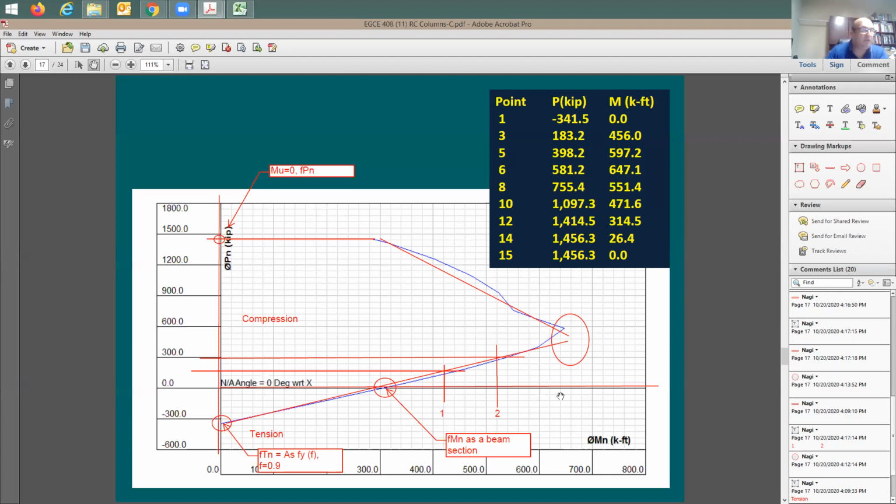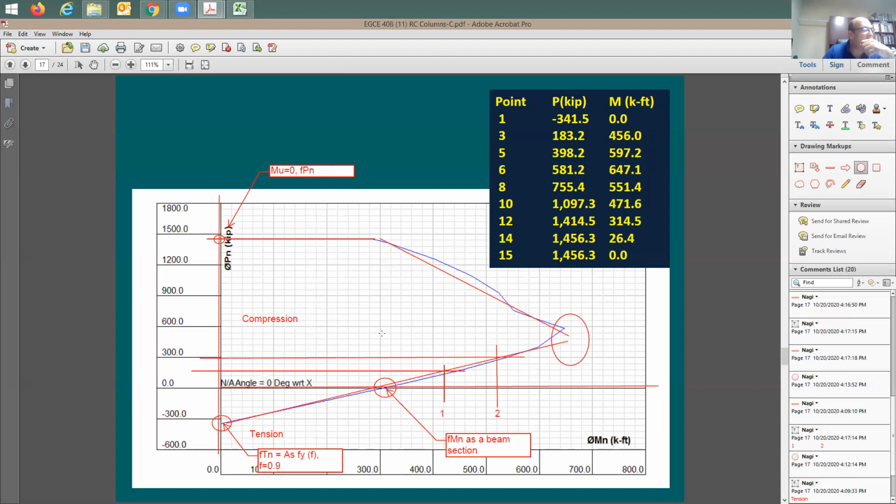Still not clear. What do you mean? What's going on? I'm not clear yet on the meaning of this interaction diagram. This interaction diagram includes all the combinations of axial loads and moment strength for that given column. Meaning, if you have any combinations of an axial load and moment value, and you put them to this column,